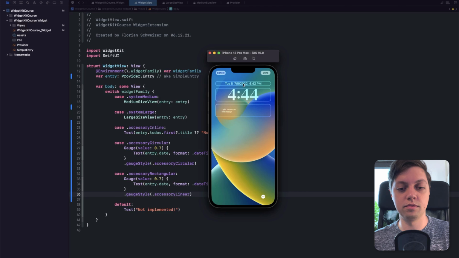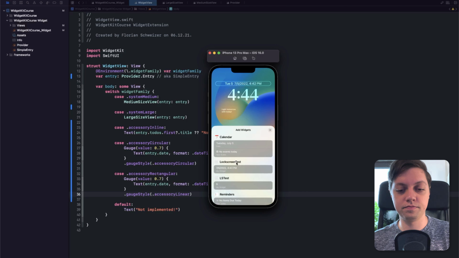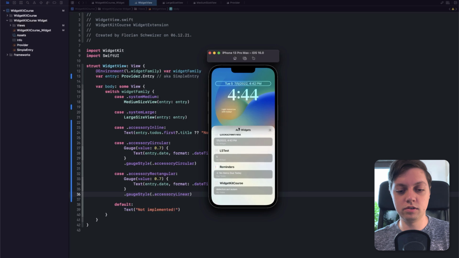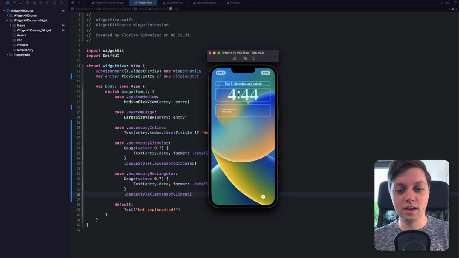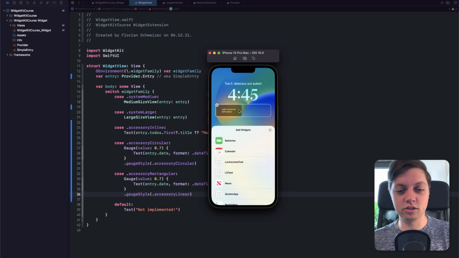So let's start at the top. Let's press on the first section, and then we can scroll down until we are at the WidgetKit Course app. And let's select that widget, and then you can see this is probably the title of the first dummy to-do that we got from our API service. And then let's do the same with the bottom section. So let's remove this calendar widget here. And then if we scroll down to the WidgetKit course, we can select it,